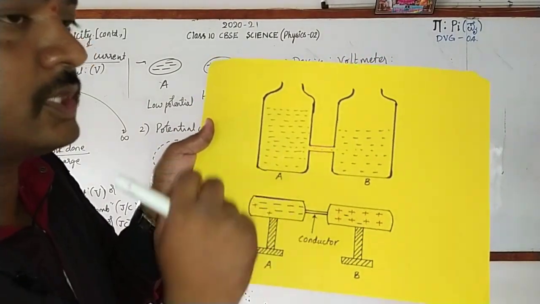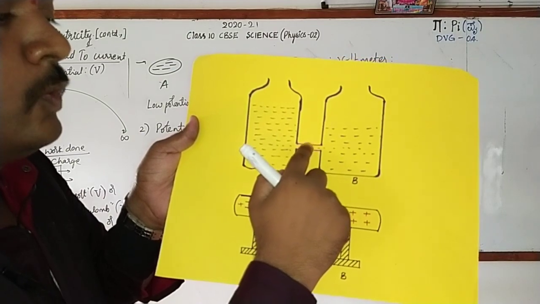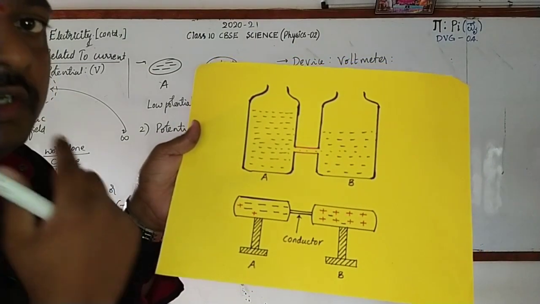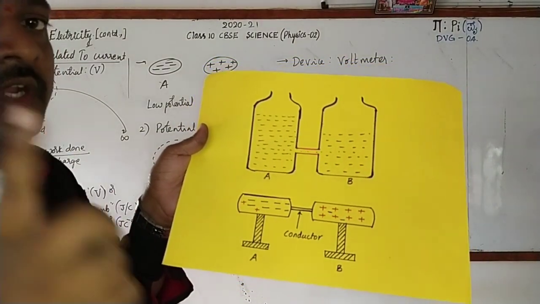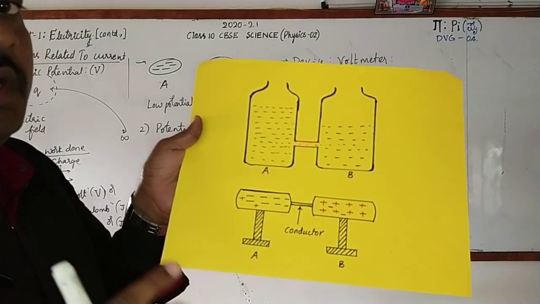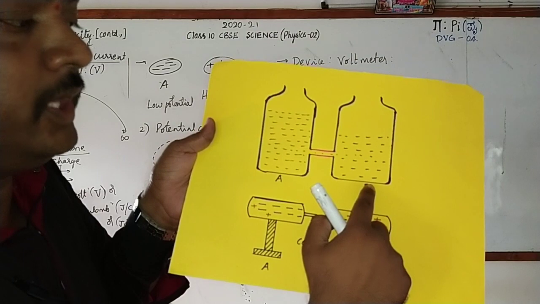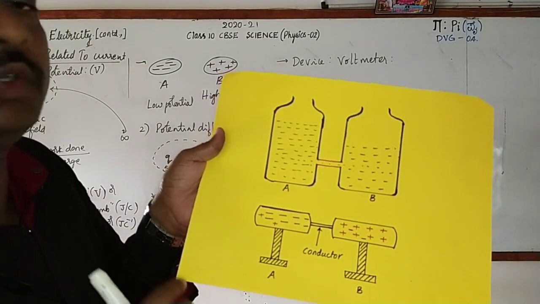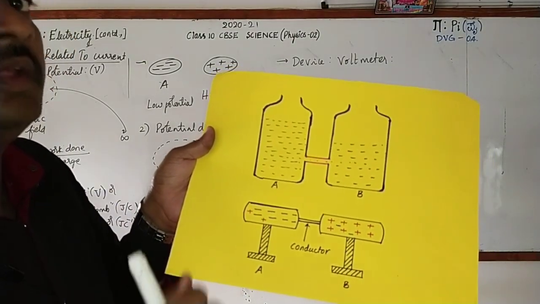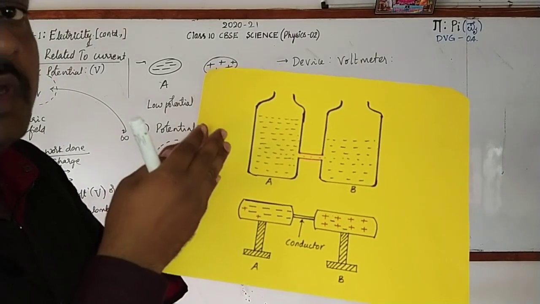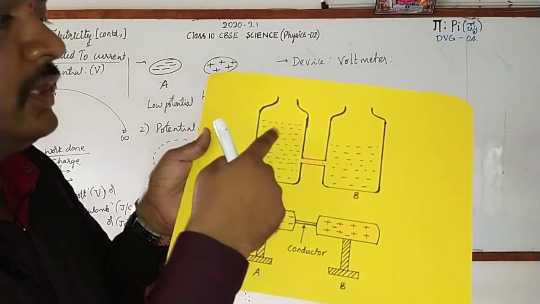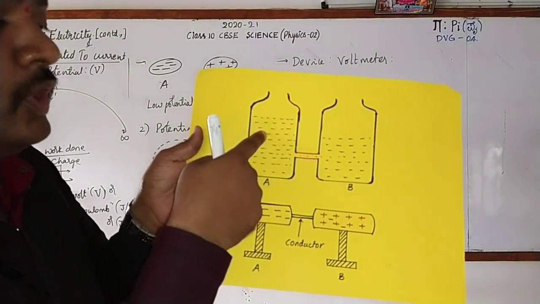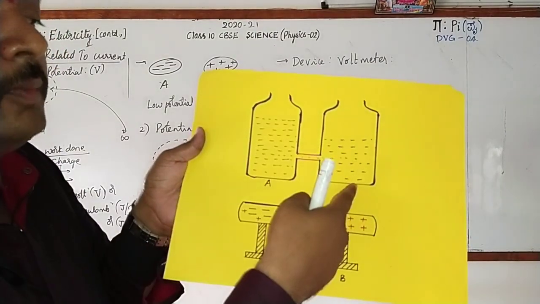Got it? Now just observe here. I am going to open the clip. What happens? Does water flow from one bottle to another bottle? Yes, your answer is right. It flows from one bottle to another. Does it flow from A to B or B to A? Yes, you are right. It flows from A to B. Why? The reason is water will flow from a higher region to a lower region. So here that is higher pressure to lower pressure. The pressure is more in bottle A than B, therefore water flows from A to B.